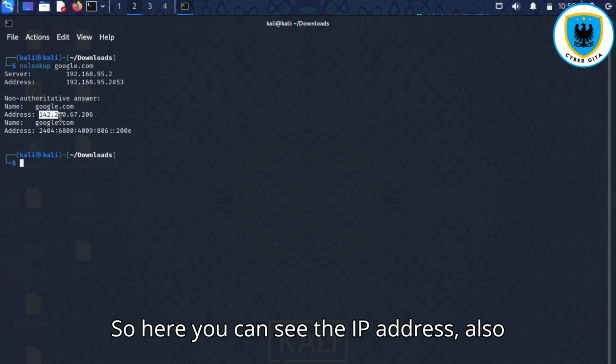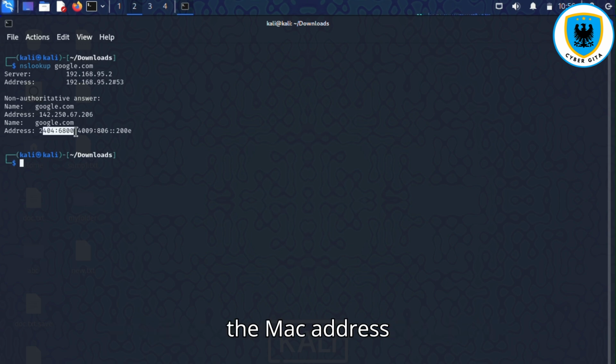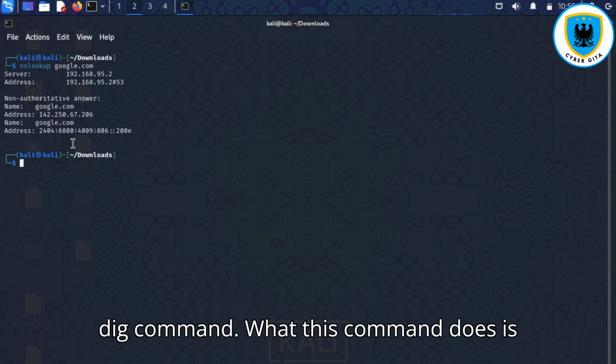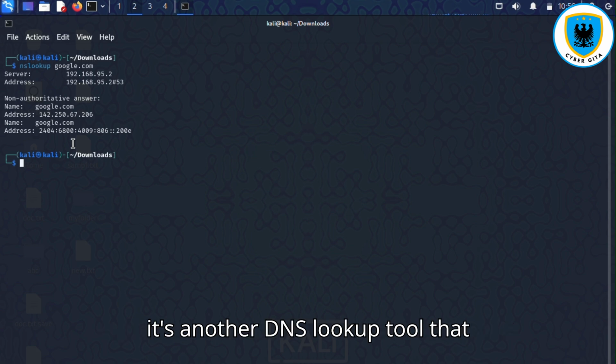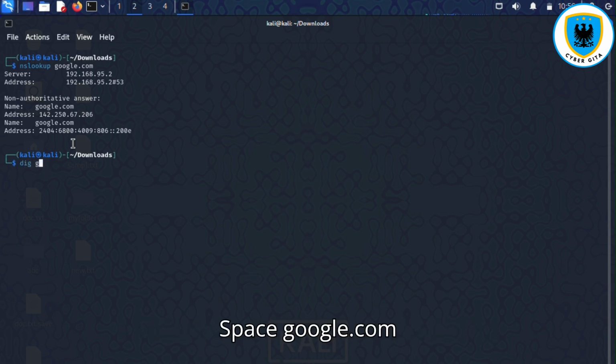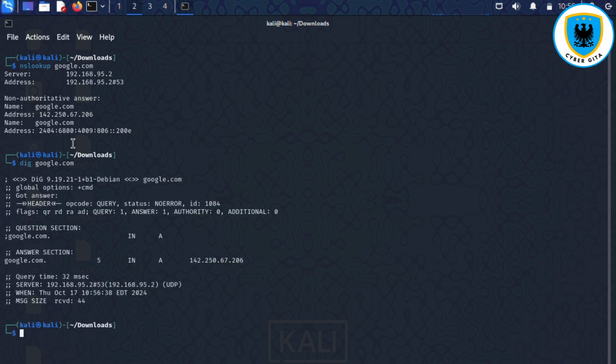Here you can see the IP address, also the MAC address, and some other information. Next is the dig command. It's another DNS lookup tool that provides detailed query results. So dig space google.com. Here you can see that we have got some additional information.